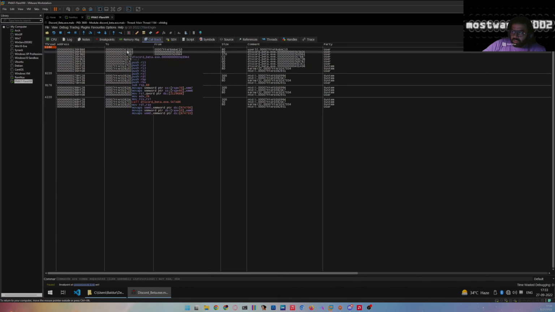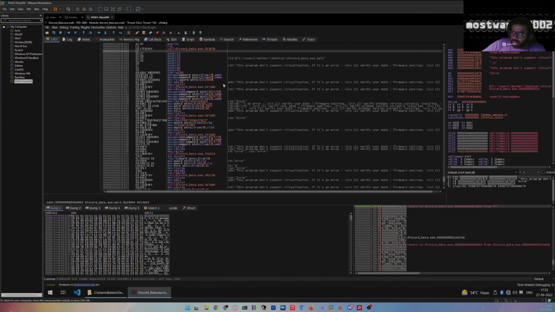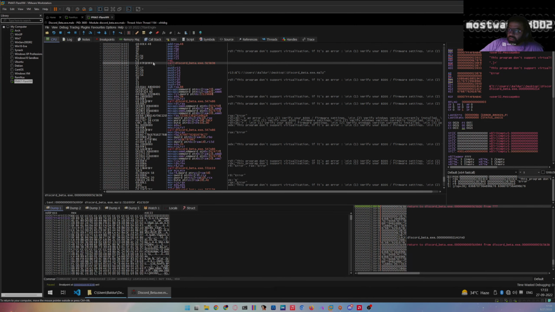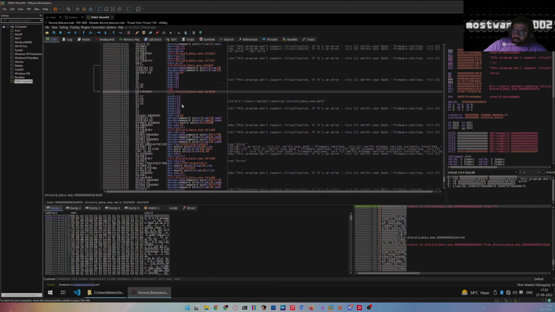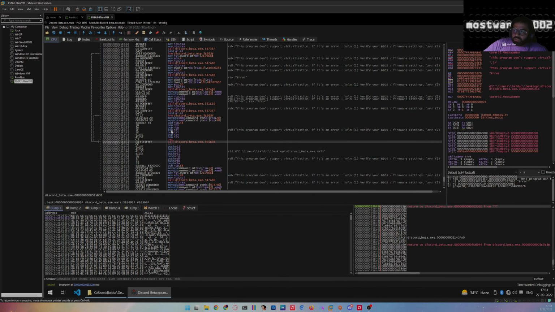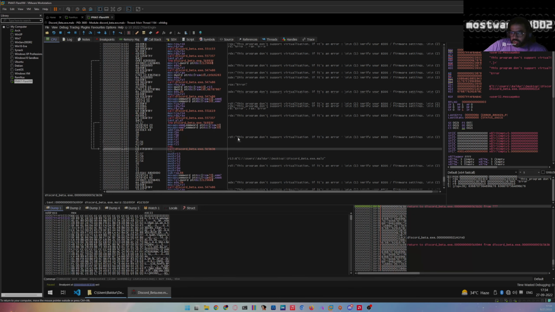To do that, we can move a step ahead and jump to the other follow "to." So here is the piece. Now this piece of code is what called that function which was preparing the arguments for the message box to appear, that this program doesn't support virtualization. And as you can see, it will return here, which eventually it won't, because there was an exit placed in the function later on. So theoretically, according to the call stack, it should return here, but if we see what was called